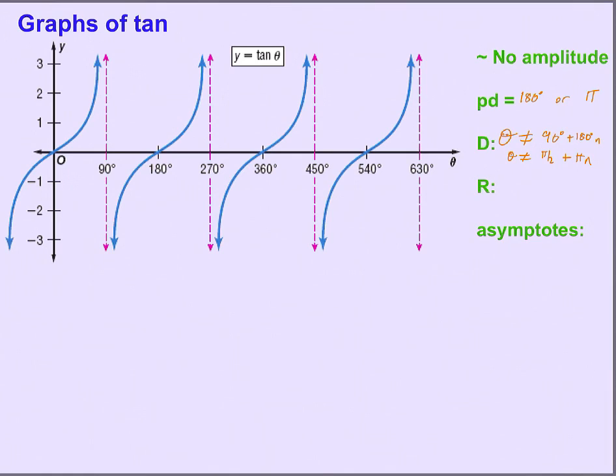The range, you can see we have vertical asymptotes in both directions. So the range is all real numbers. And our vertical asymptotes we have at theta, or